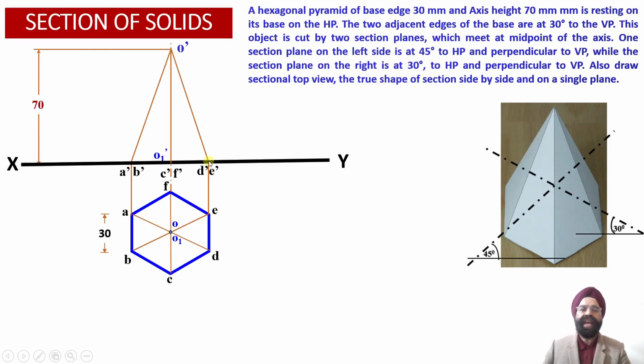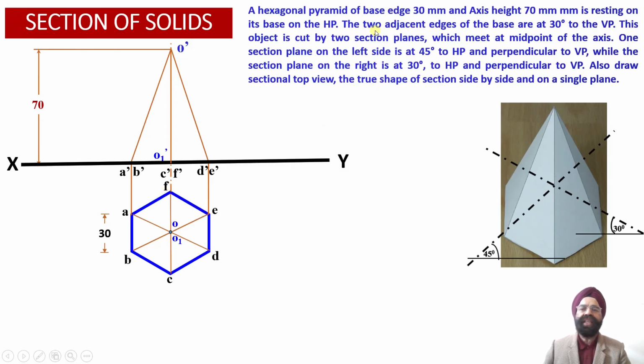So this way we have obtained the front view projections as well as the top view projections of the uncut hexagonal pyramid, which happens to be resting on its hexagonal base on the horizontal plane, while two of its edges are inclined at an angle of 30 degree with respect to the vertical plane. Now we have been provided with